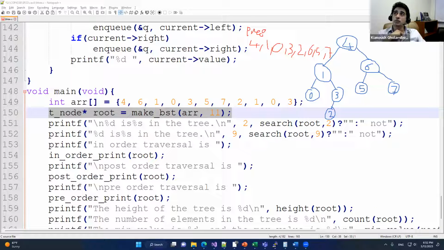Now let's talk about post-order traversal. Post-order traversal basically traverses the left subtree, then the right subtree, and then finally the root. For the left subtree, we're going to do the same thing. First this node, then these two nodes, then the root. For the right subtree, first we do the 5, then 7, then 6. That's called post-order traversal. Let's write this down as well. The post-order traversal would be